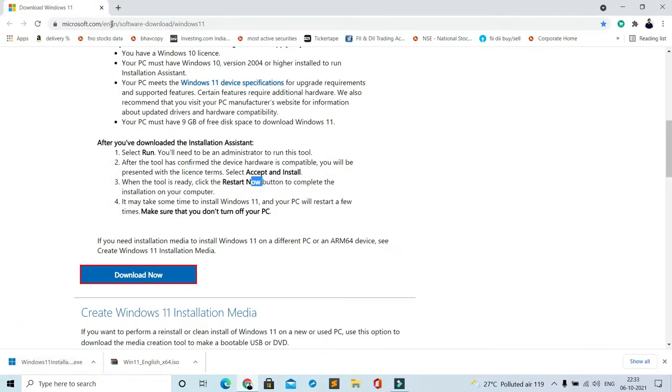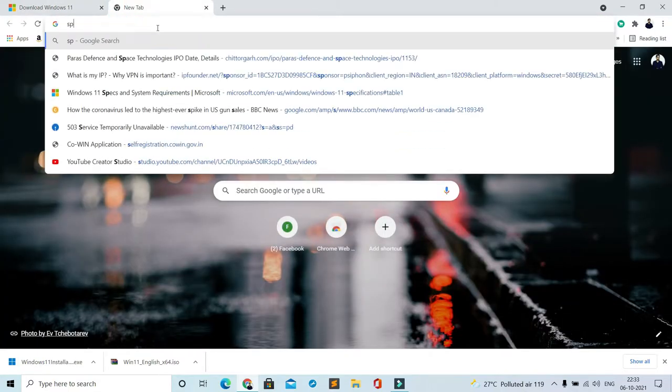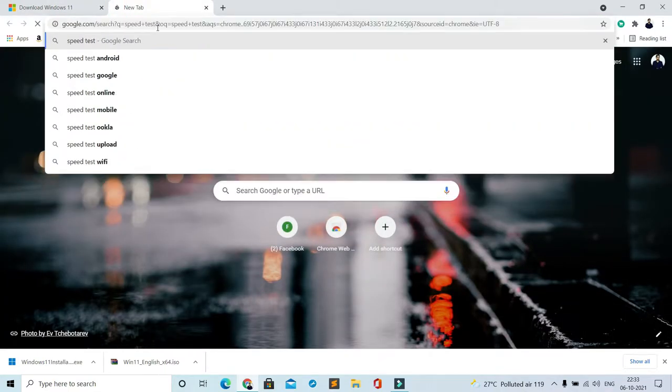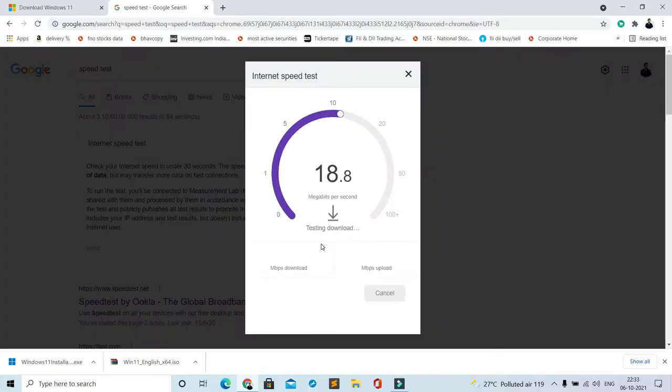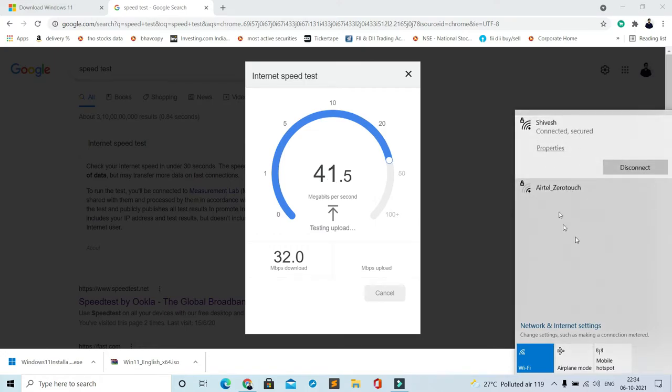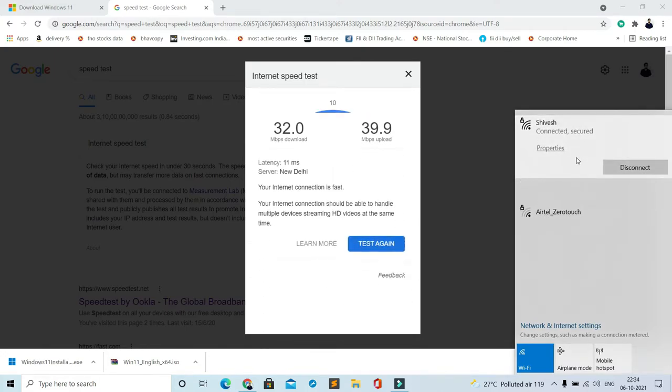The internet speed is very important here. So I'm checking my speed. Right now I'm connected to my 2.4 GHz band. And the speed test result is here.